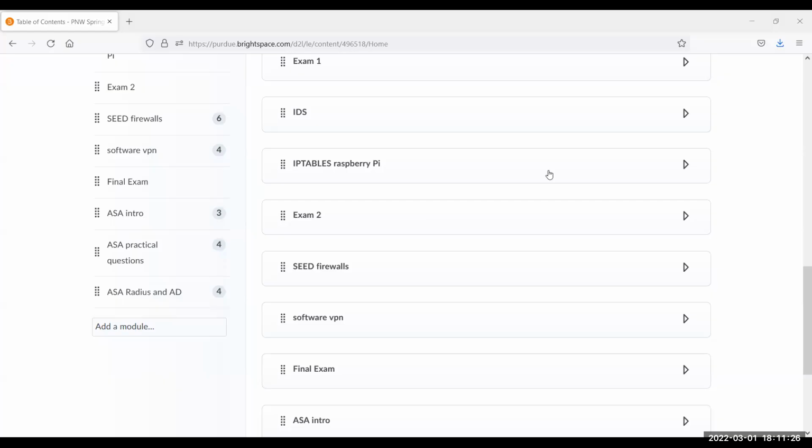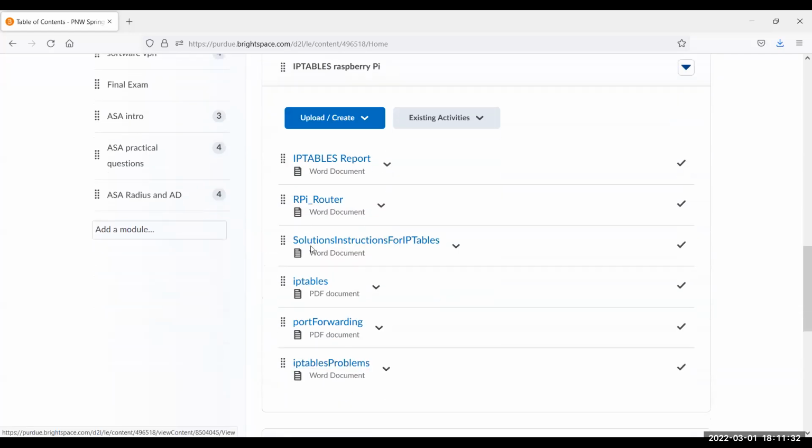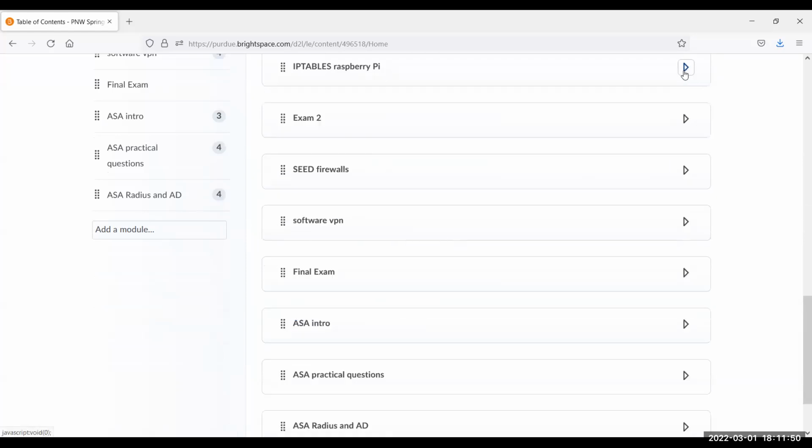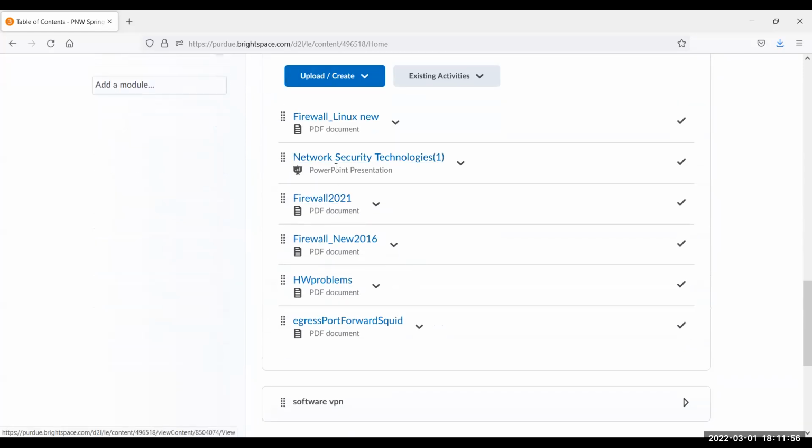And then, as I said, here we have the documentation for the iptables Raspberry Pi. This will all relate to iptables, so we'll take a look at a sequence of problems that we talk about, like port forwarding, et cetera, which should be a lot of fun, but it's more fun when you use something like a Raspberry Pi, an actual little device, instead of a VM. So for this lab, you'll have to use the Raspberry Pis that are in there. And then we have basically this document,